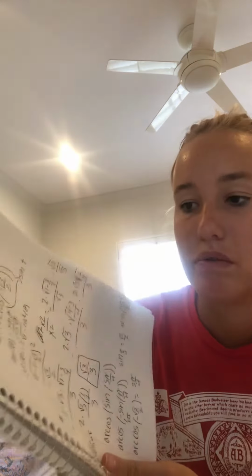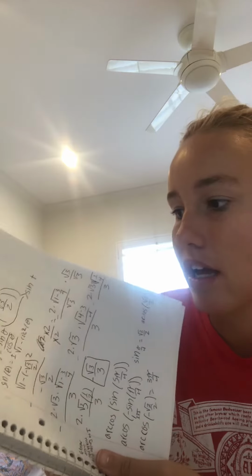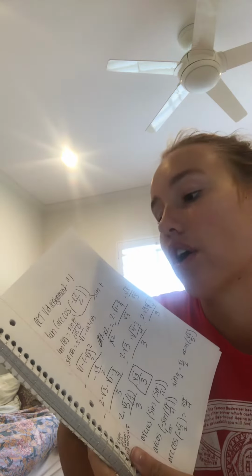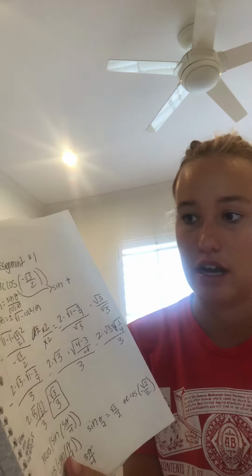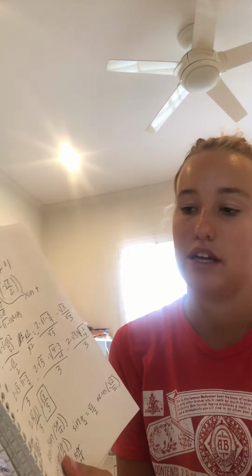Okay, so for my video assignment, I did the first one, which was tan, arc cosine, negative square root of 3 over 2. The first thing that I did is I knew that arc cosine is actually sine because it's like the inverse, or whatever you call them. And then I wrote out the equations. So for tan theta, it's sine over cosine, and for sine theta, I